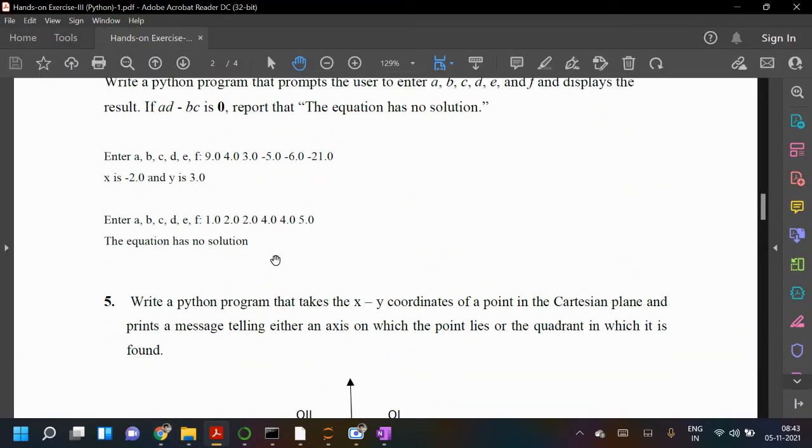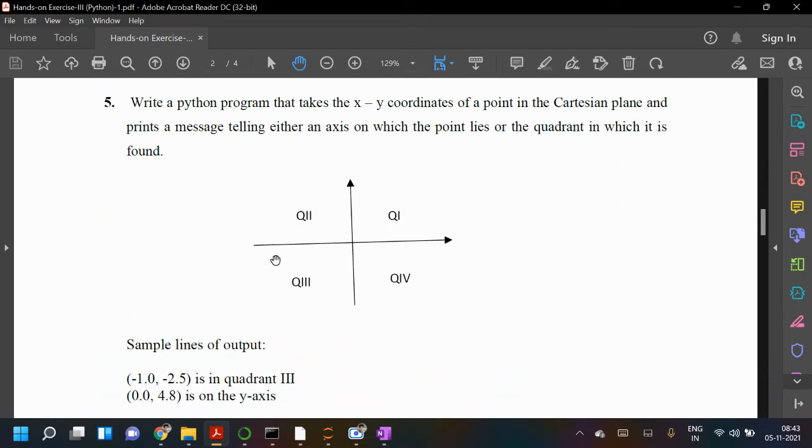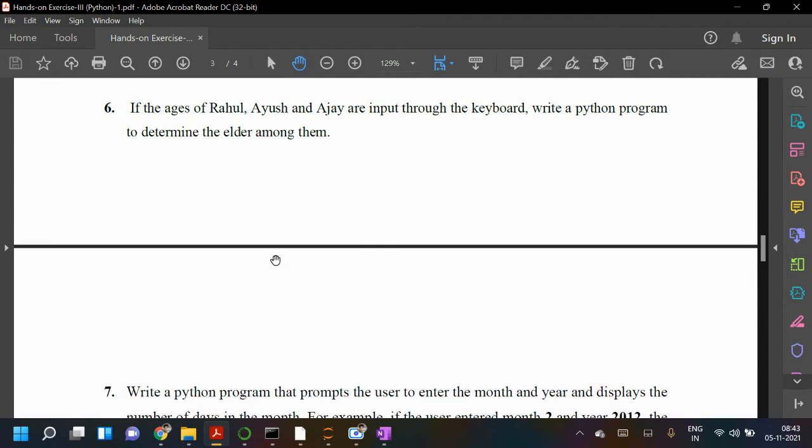So I hope 4, 5 is done by everyone, and 6 also. So 4 I have written code for today, and fifth also, and sixth I will write now. You have seen the code of your friends, so those who are not able to write can do it. Just to compare, you take three inputs and then compare between each other, like they have done. Okay, so sixth I will ask again.